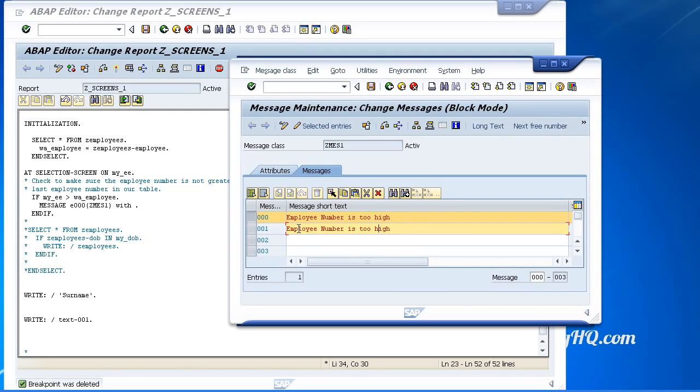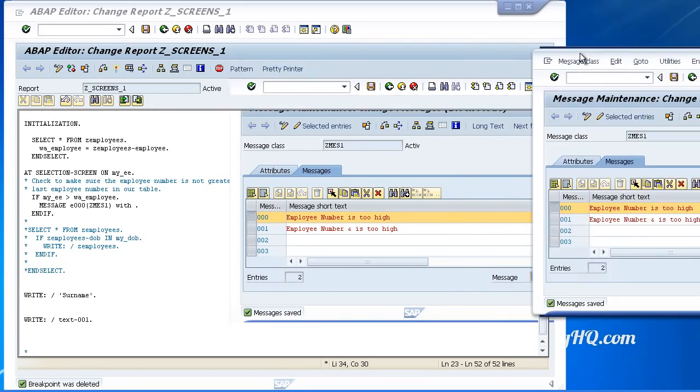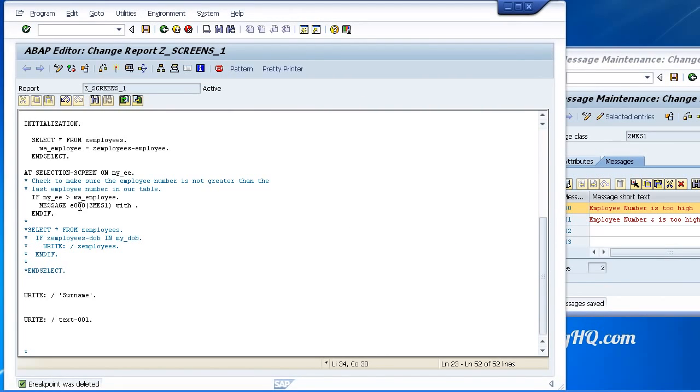So I'm going to say the employee number, and then we'll put the ampersand here, is too high. So in effect, that will insert the employee number the user entered onto the screen. And we captured in our myEE variable. So let's save this message, move it out of the way, come back to our code,